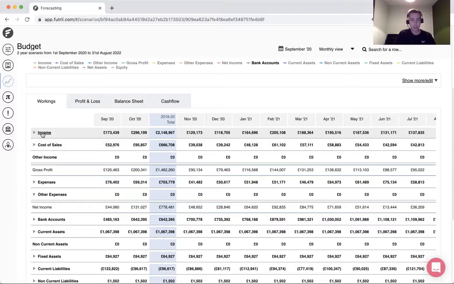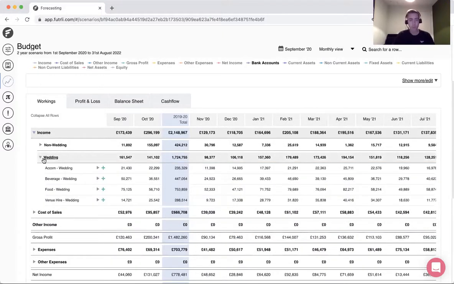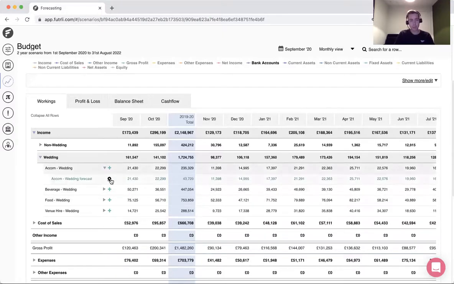So we're going to open up income, and then open up a category, so wedding, for example. And we're going to maybe assume this is a pub or something that's been shut, or a restaurant. And what we're going to do is take out the few months of income here, and then look to decrease it moving forward to kind of replicate what they might have thought at that point. So I think we went into lockdown at that sort of point. So maybe they built out a budget to see, okay, how am I going to be able to navigate my way through this? So if we open up that category and then click on the edit here,